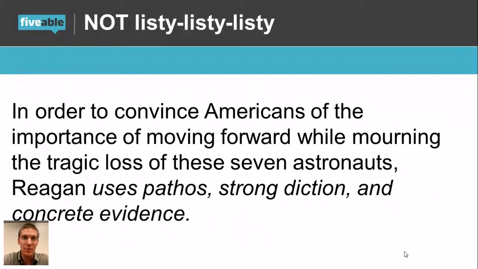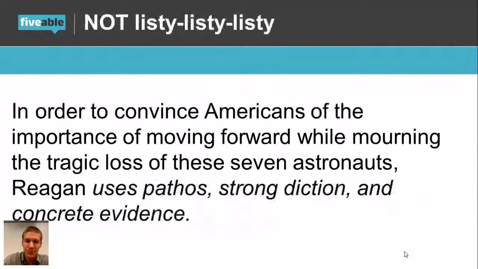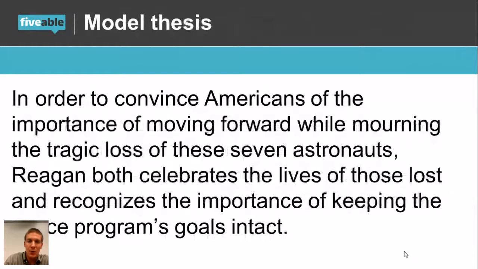Every writer uses strong diction. Spoiler alert: every writer, for the most part, that you're going to read this year uses some degree of pathos. This model thesis is talking about what actually is happening and really getting to the importance. It goes back to what we're going to talk about next week, what is worth writing about. So these things are very intertwined. Okay, I see this all the time. This is a good thesis. Again, a lot of you write, I'm sure, good thesis statements. I want you to get to this level.